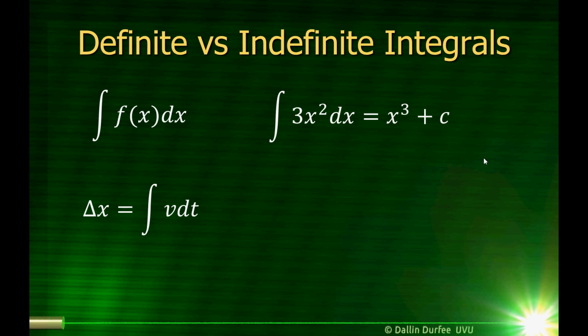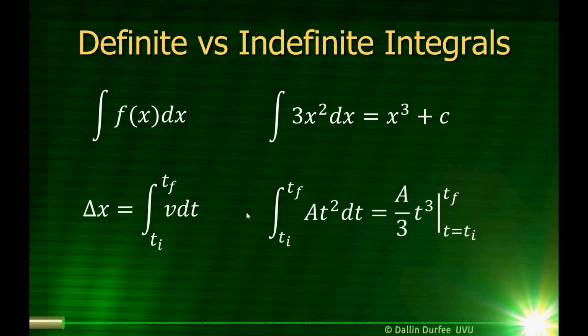So when we did our indefinite integral, we said delta x is the integral of v dt, but how much the distance changes depends on what time range we're considering. So for a definite integral, we give those ranges. We say, I'm going to start at this time, t initial, and integrate out to this time, t final. All right? When we evaluate our definite integral, the integral from t initial to t final of